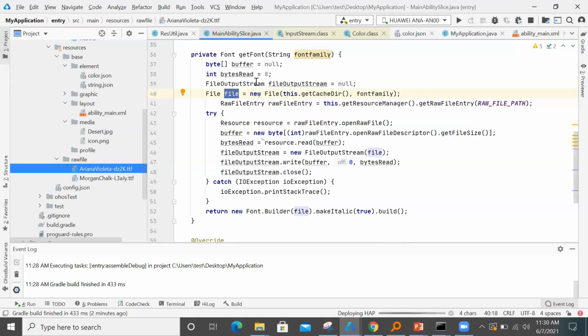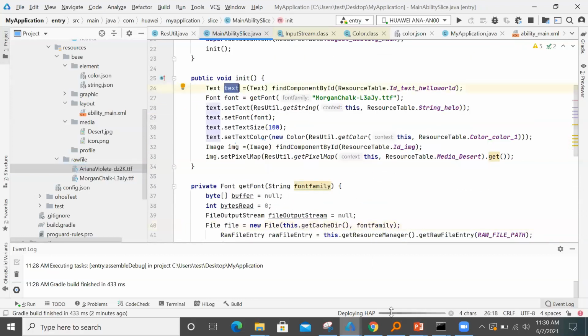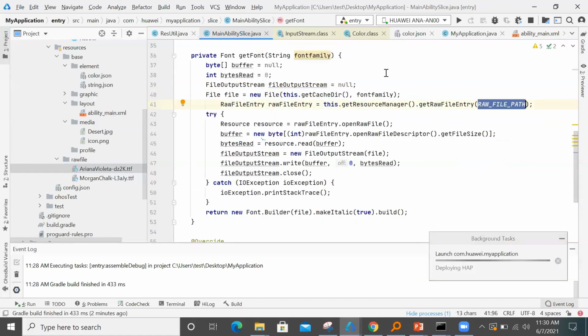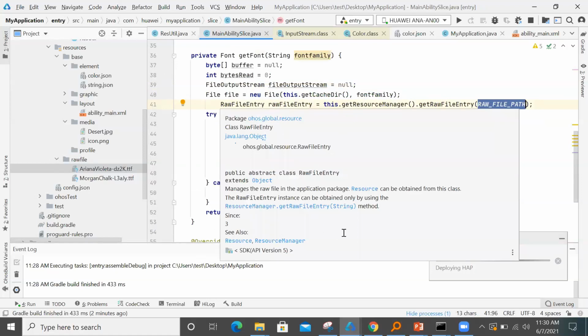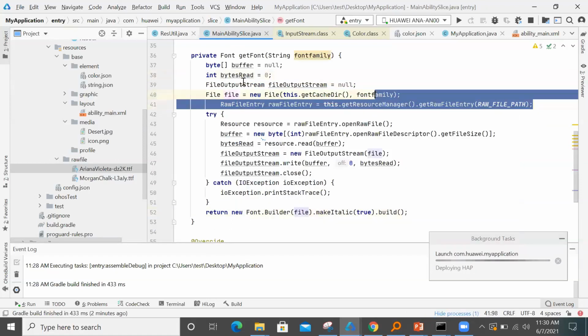That type of font will be created, and that font I'm setting as this text font. Okay, so just the accessing part, I think it is clear. You can just use raw file entry, pass in the raw file path, and then based on your requirement, you can write it into the device and then do it. So just the accessing part is this only.